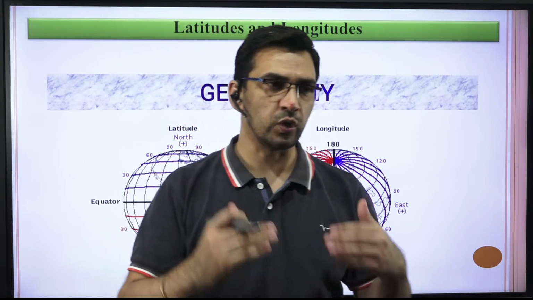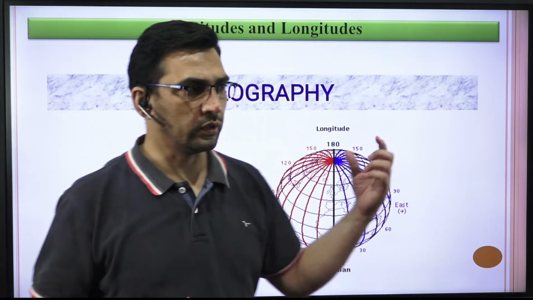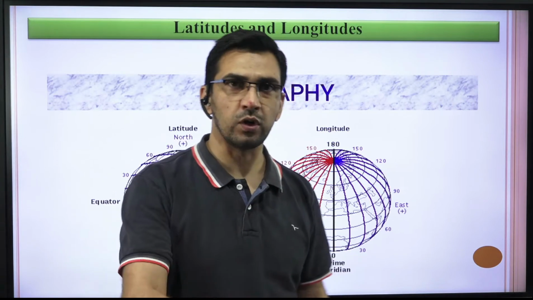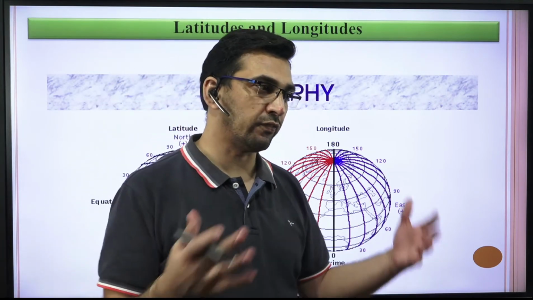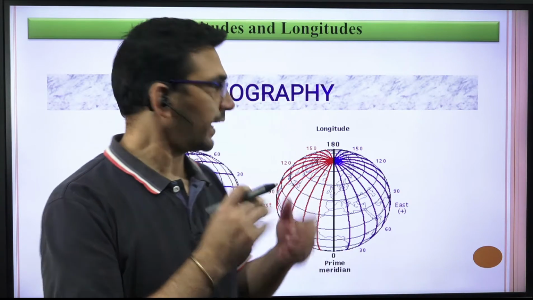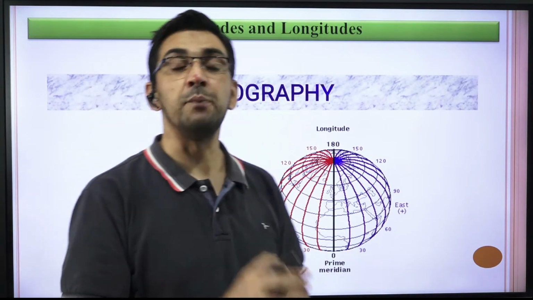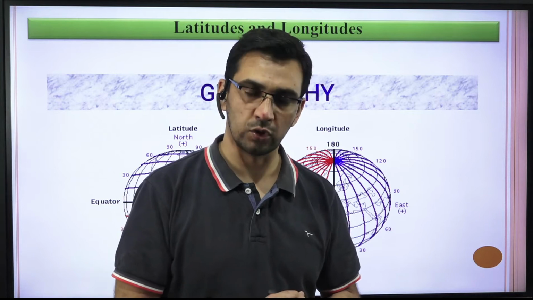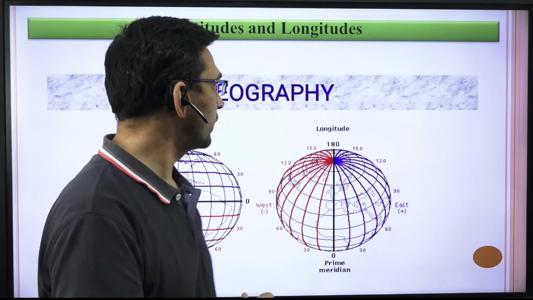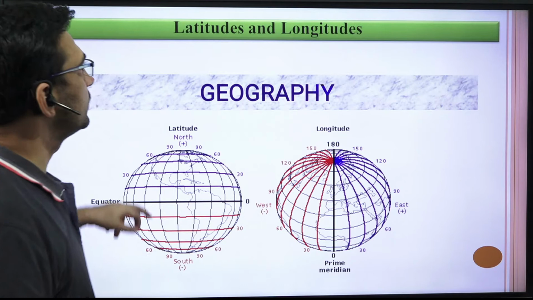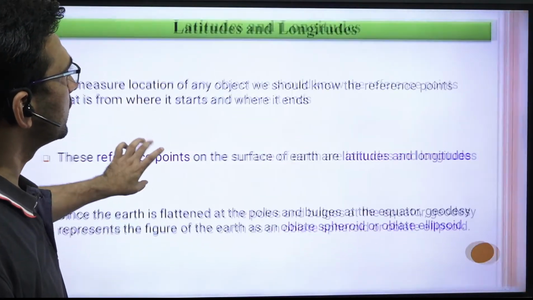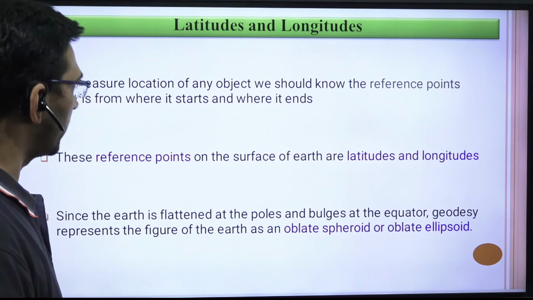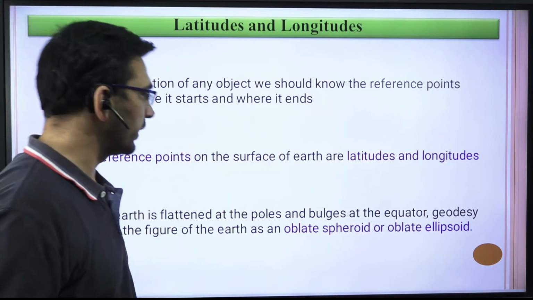That is how it is important. To define any particular point or the location of an object, you need to have a certain mechanism or technique, and that is accomplished with the help of latitudes and longitudes. So let us first try to understand the meaning of latitudes and longitudes, and then I think we can take some example to define the location. Okay, the points I have already explained to you.